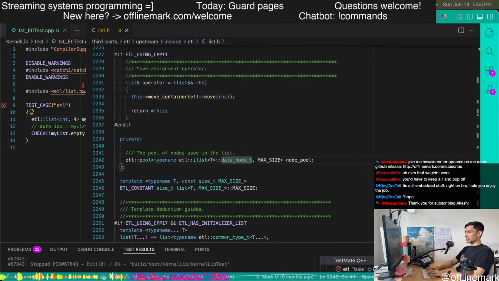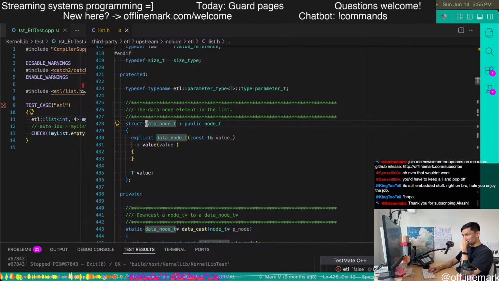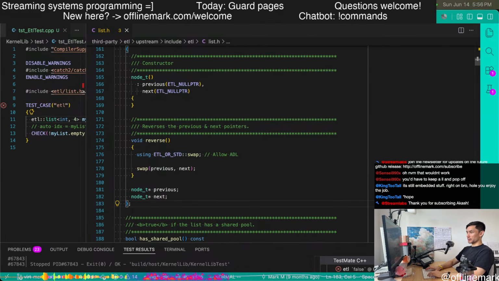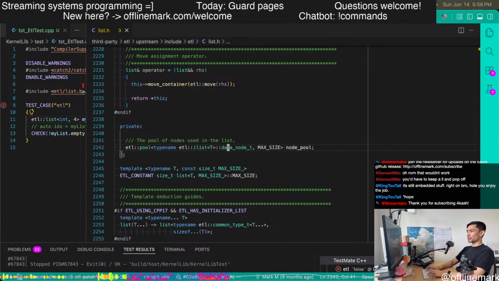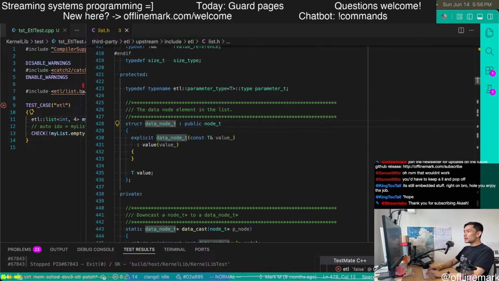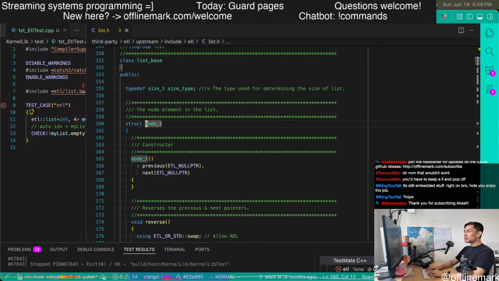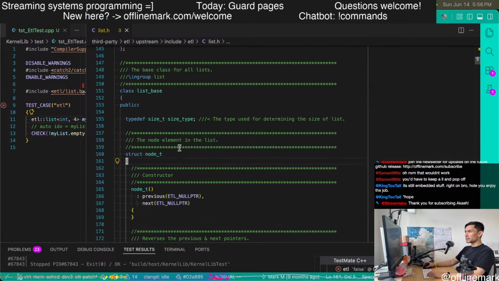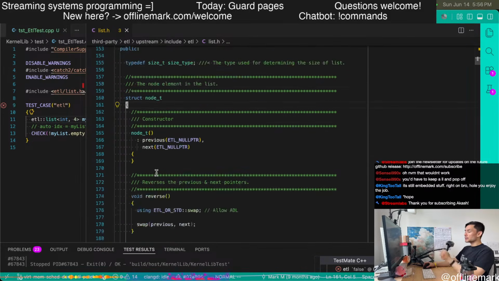And it's using this data node T type, which subclasses the node T, which is what actually has the pointers to the next and previous. So these are the nodes that are stored in the pool. And that's kind of it.